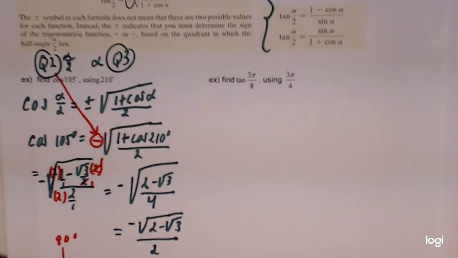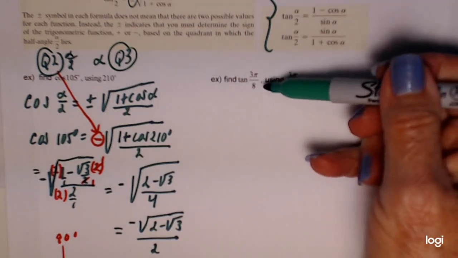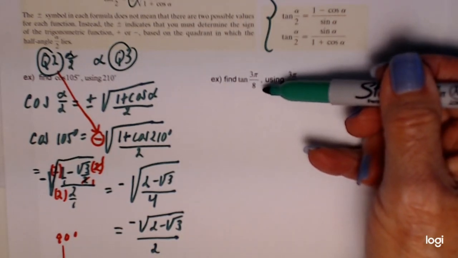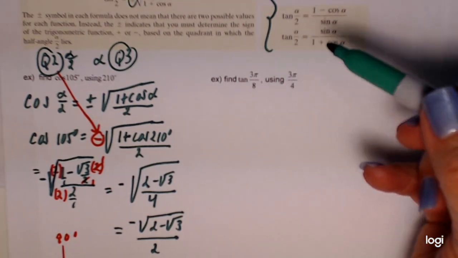So now let's look at this other example. Same idea, but this time instead of the angles being given to us in degrees, they're being given in radian measure. And again, we're going to be finding the tangent of an angle, 3 pi over 8, which isn't one that we know that we could do without the use of a calculator. And we're being told to do this using 3